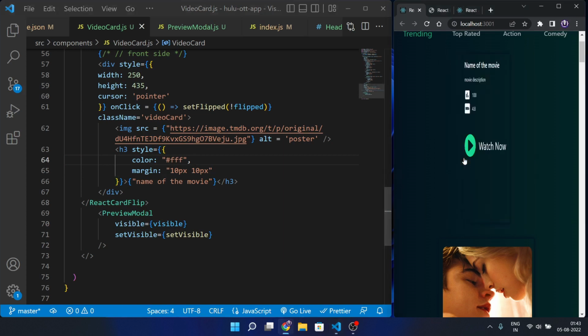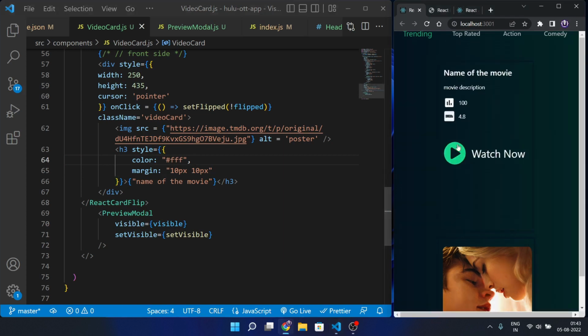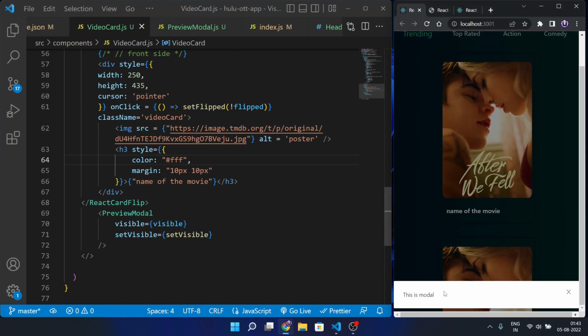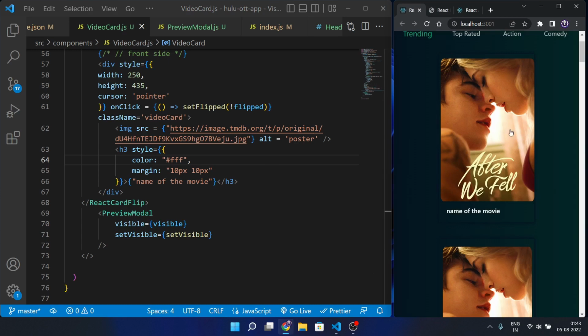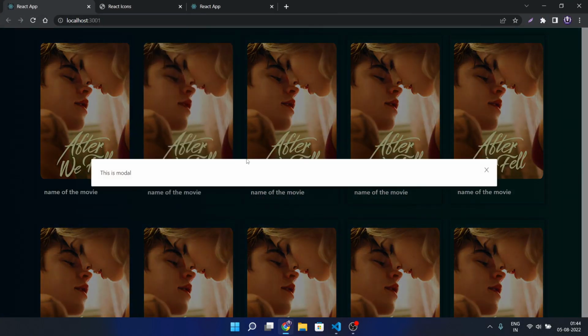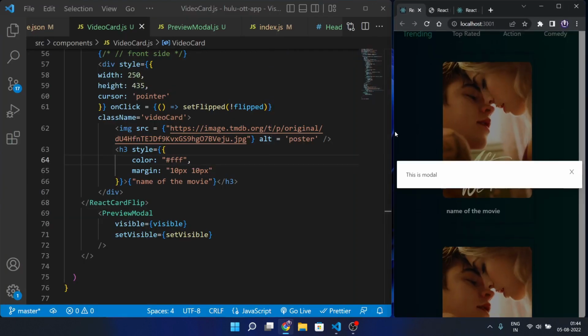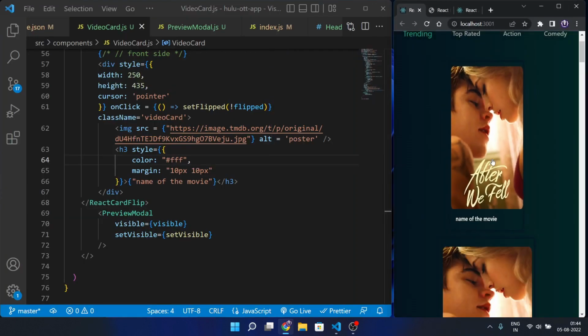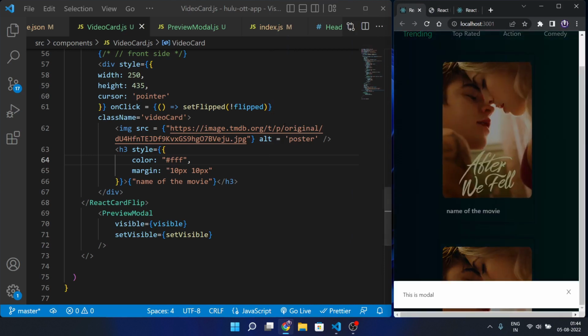Okay, so now when I click on this, here is the watch now. When I click on the watch now, here is the model. It is going at the bottom of it, right? But when I opened it from the full page, it is going to the center, because it is not getting the width of 1060 from the screen size that we are opening it. So that's why it is going at the bottom of that. We can fix it now, but at this point of time we can add the code for this